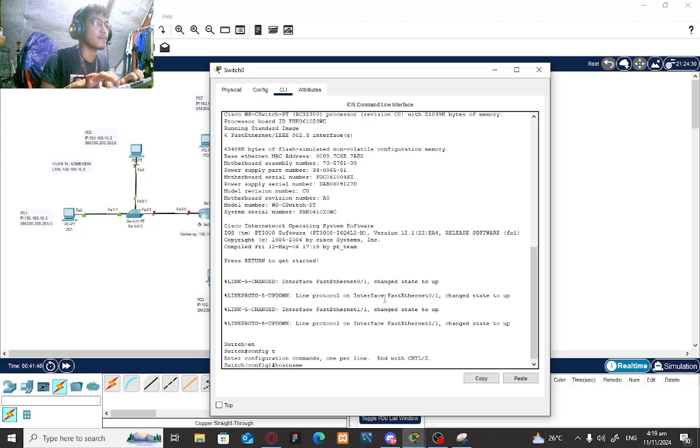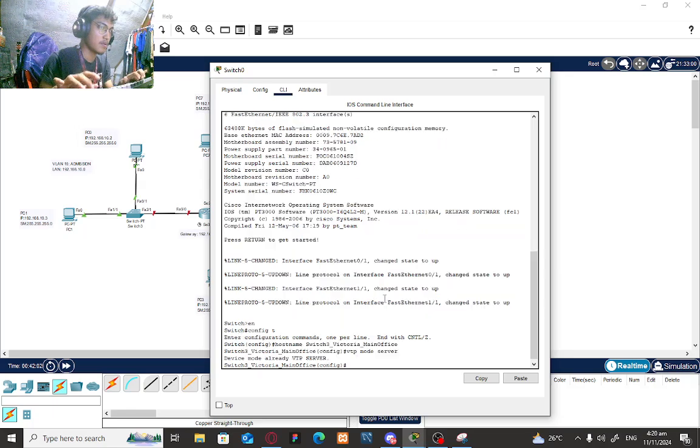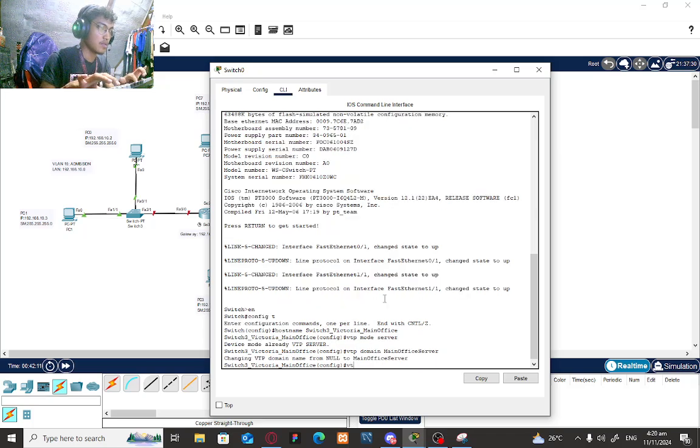The hostname switch 3 Victoria main office, then VTP mode server and VTP domain main office server and VTP password main office pass,